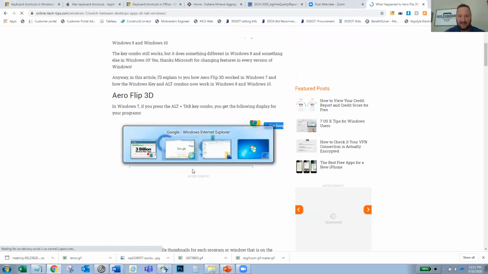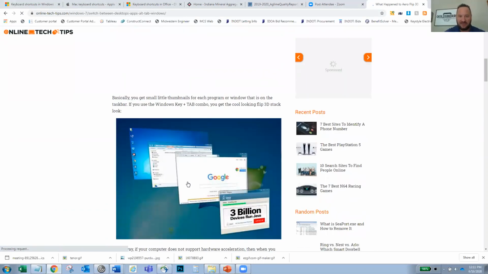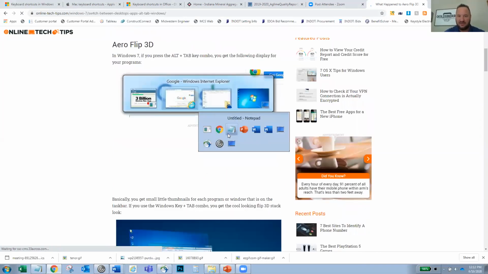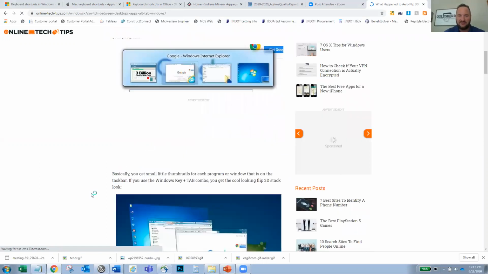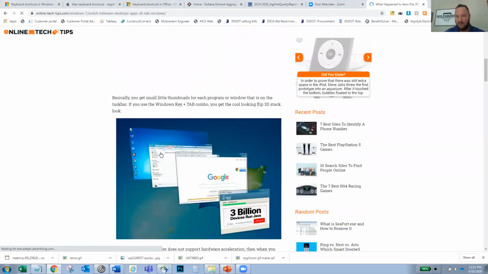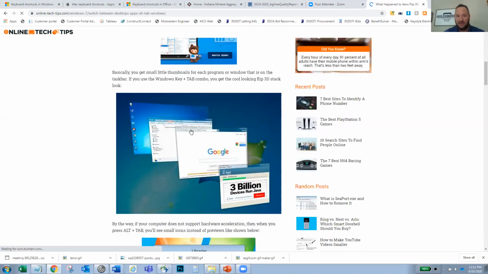Yeah, it's not giving me that functionality. It did earlier, but I'm wondering if it's because I'm presenting and sharing a screen. But essentially, rather than seeing this here, you would see this functionality here where the screens come up that are massive. They're at an angle here, and you can actually see almost the full screen and exactly what's showing when you do that. So the Windows and Tab key is what it says that you should use for this shortcut,